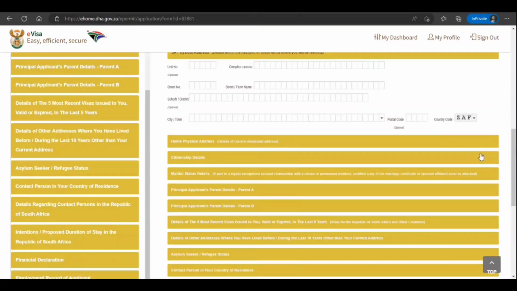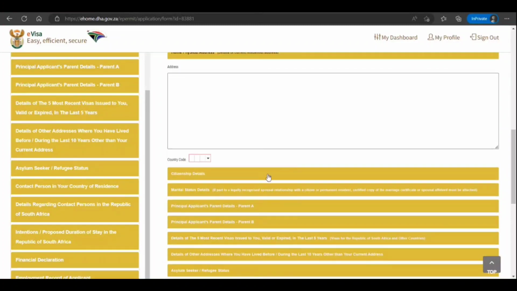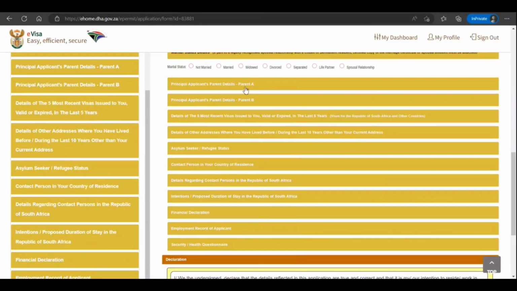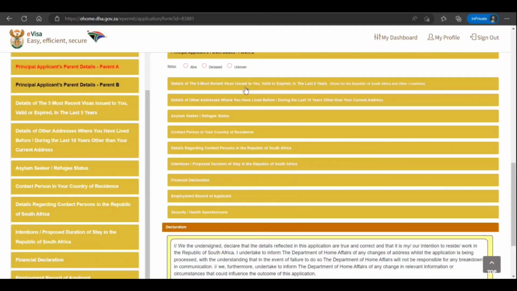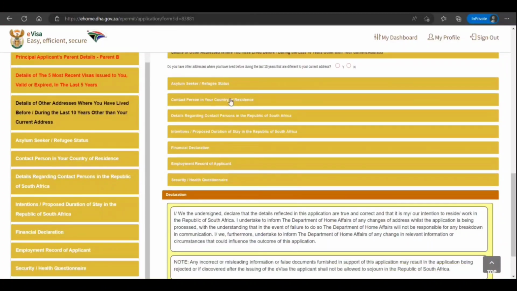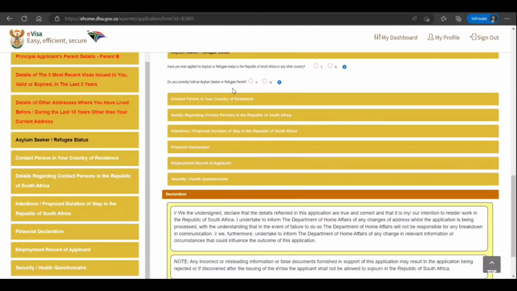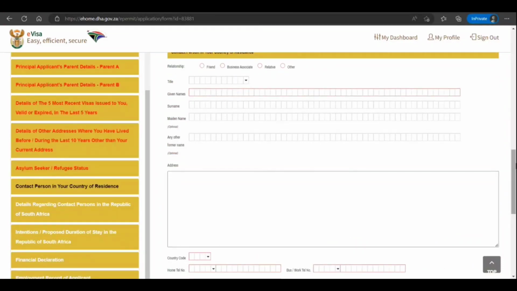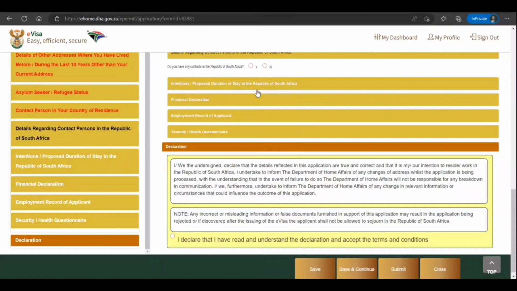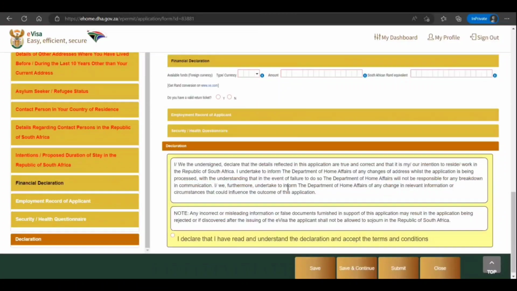South Africa physical address, where you will be residing, home physical address, citizenship details, marital status, parent details, parent A, parent B, recent visa issued to you, details of other addresses where you have lived before, asylum seeker, refugee, if applicable, contact person in your country of residence. So many details they have asked. Intention proposed, financial declaration, employment, record of employment,